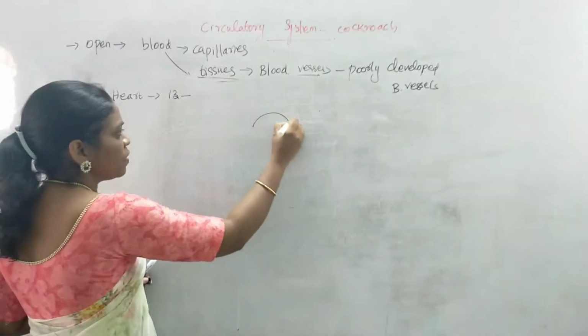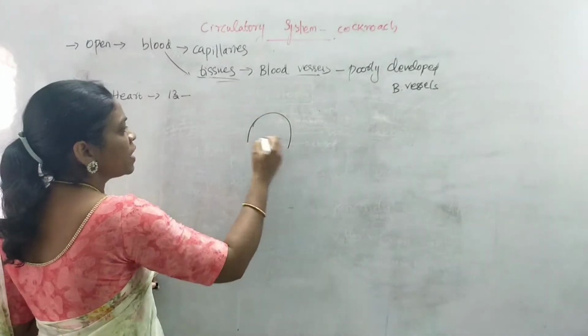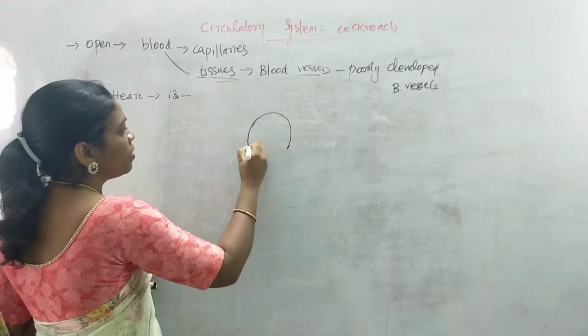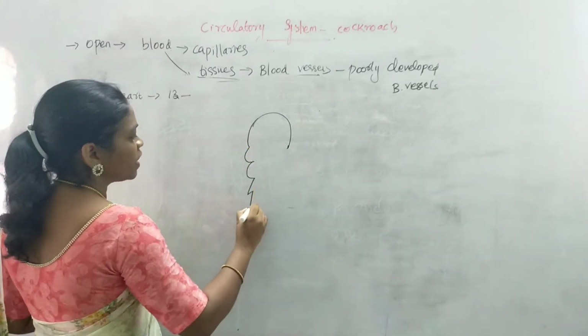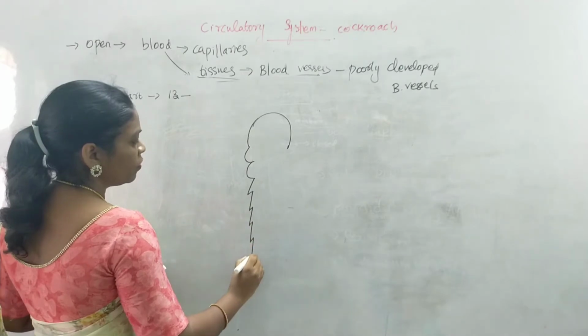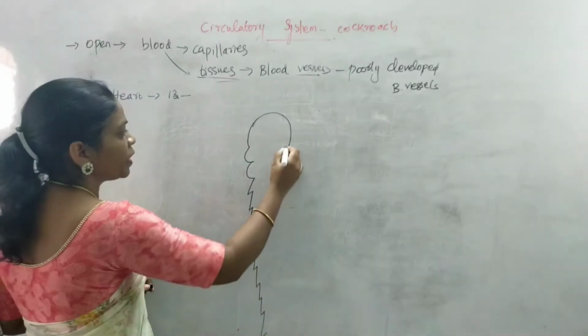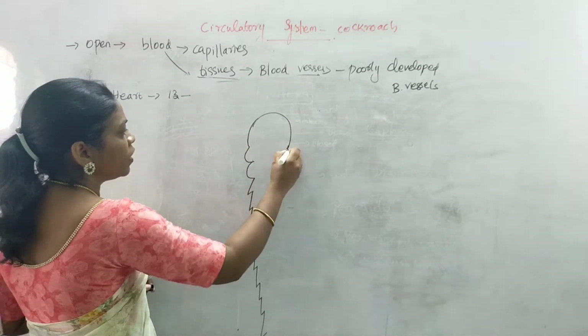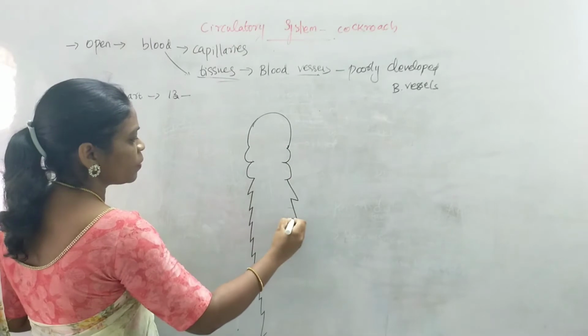So this is the thoracic segment. As we discussed in the last video, this first segment is the prothoracic segment, followed by mesothorax and metathorax. You can find 10 segments: 1, 2, 3, 4, 5, 6, 7, 8, 9 and 10. Same way on this side, you can find mesothorax and metathorax followed by the segments.